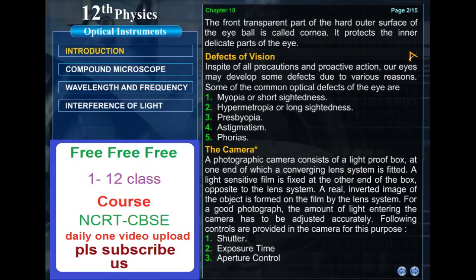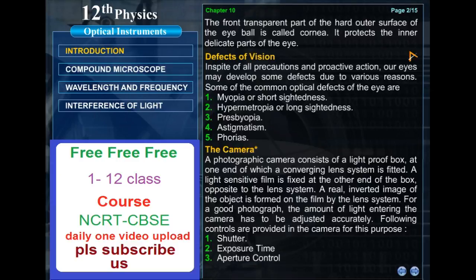In spite of all precautions and proactive action, our eyes may develop some defects due to various reasons. Some of the common optical defects of the eye are myopia or short-sightedness, hypermetropia or long-sightedness, presbyopia, astigmatism,